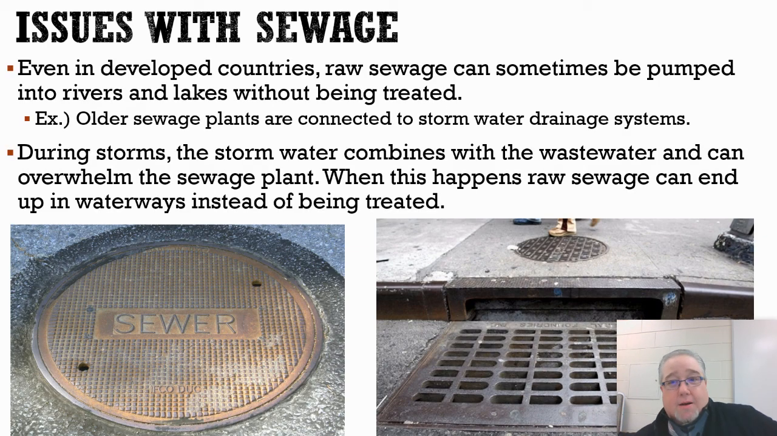All right, now another big issue with sewage is this happens mainly in big metropolitan areas like cities. A lot of older sewage treatment plants, a lot of drainage pipes are also connected to stormwater drainage. For example, here in this picture, maybe if you've ever been walking around